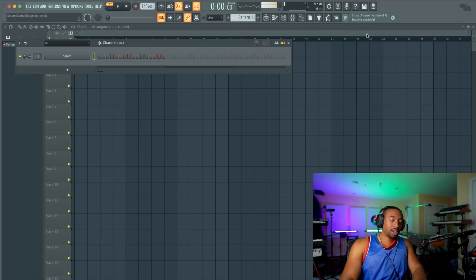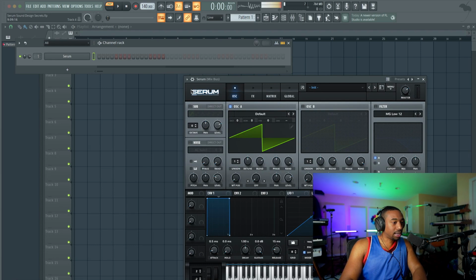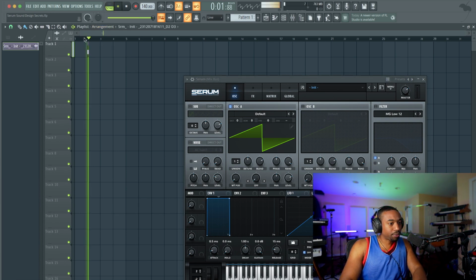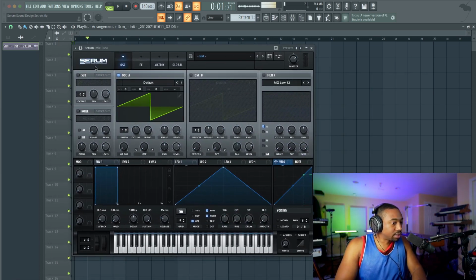Today we're going to do a sound design deep dive using Serum. So here's Serum, and what most people don't know right off the rip is you can create one shots. In the top left, there's a hidden icon. Go to the top left and just drag this into your playlist, for example. Let's do this again. You can create one shots of your waveform right there. So if you make a kick drum, you could just drag and drop it like that. So that's the first secret people don't know.